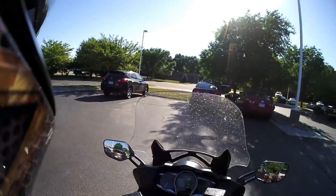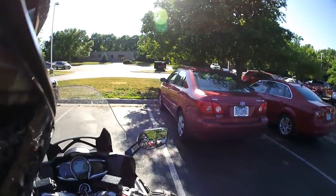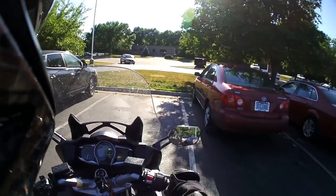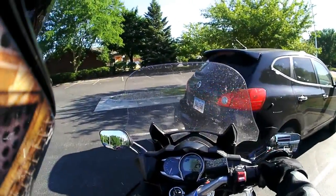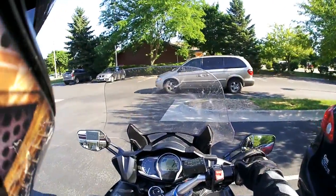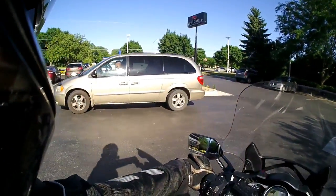Oh, my wife's here already. Well, see, this spot here is a little bit downhill, and that's where I don't want to put myself. It's hard to see. It probably wouldn't be a problem because it's not that steep, but I'm going to back in because that's exactly what I'm talking about with this downhill stuff. So anyway,